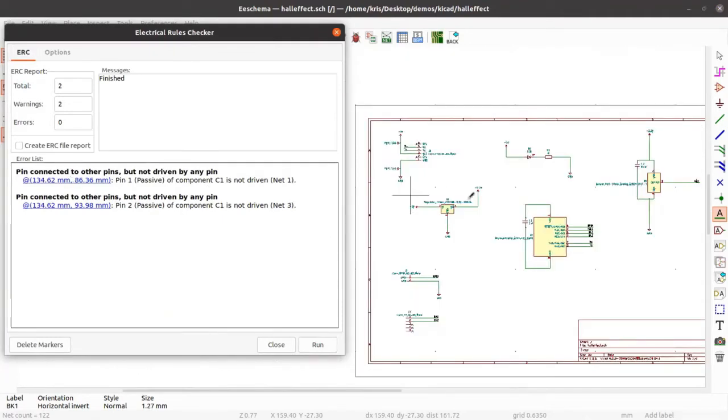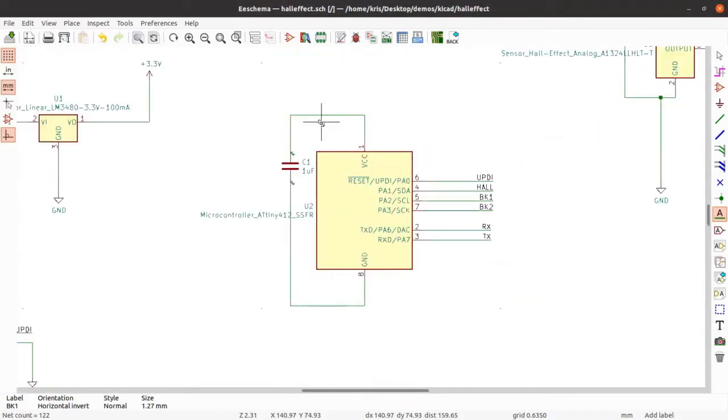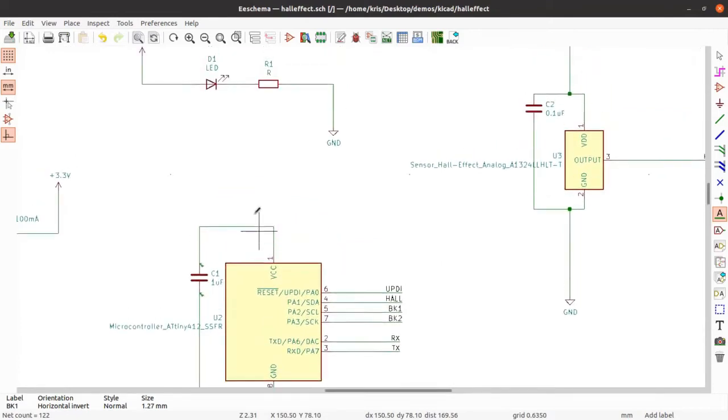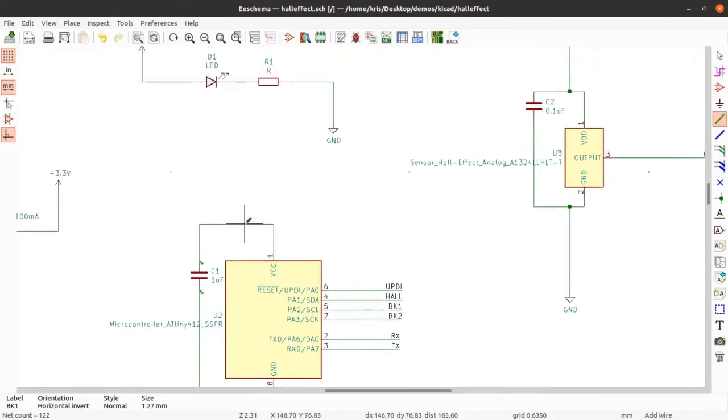So something is not right. Yeah, so that's driven. We haven't connected this to any voltage yet. So I'm just going to connect this to,